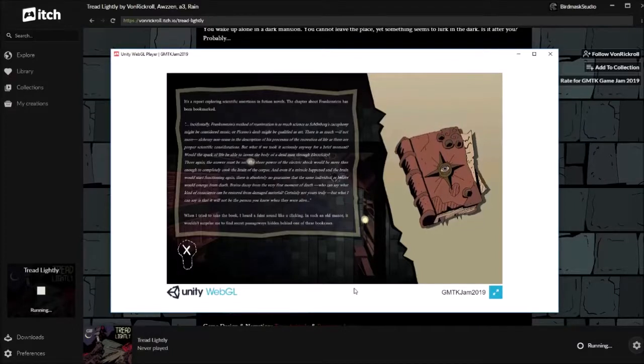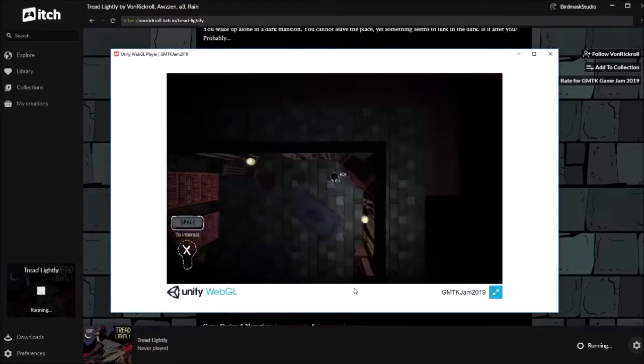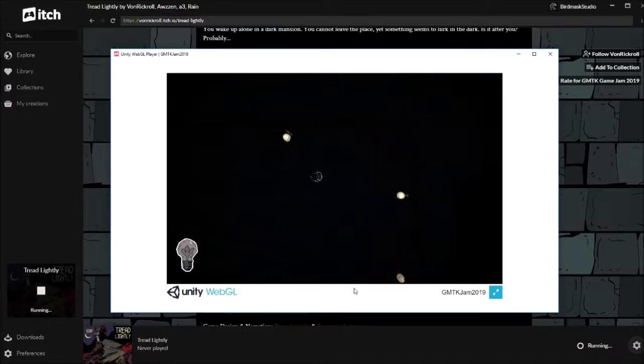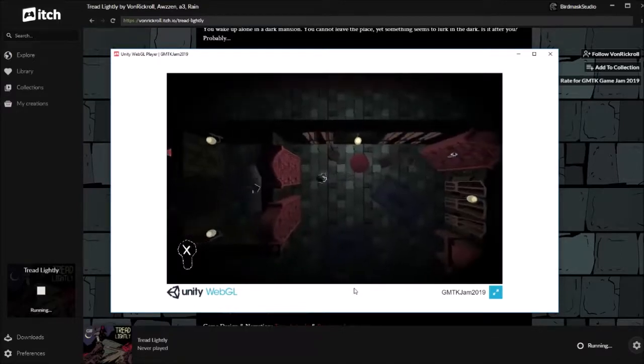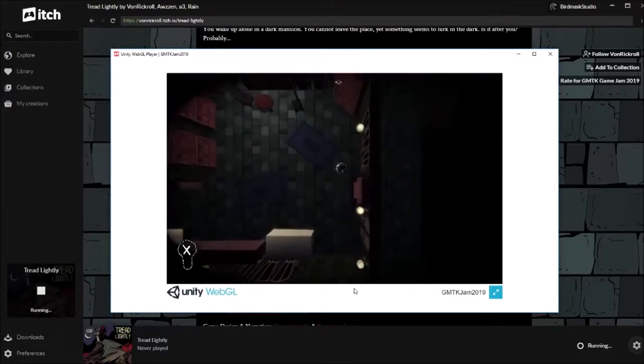When I tried to take the book, I heard a faint sound like a clicking. In such an odd manner, it wouldn't be a surprise if I see a passageway hidden in one of these bookcases. Okay, so I found a... It's hard to tell what I'm interacting with, and...